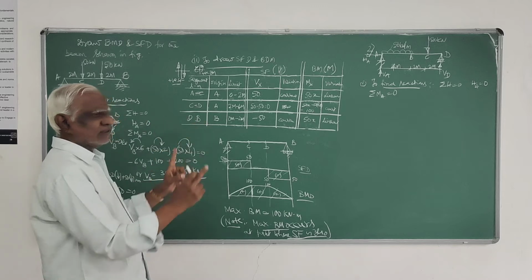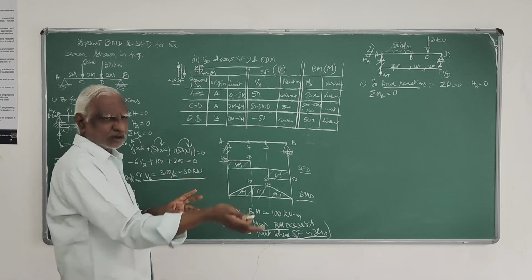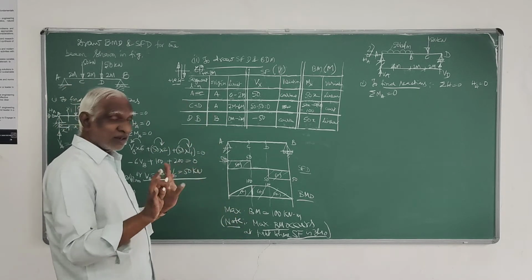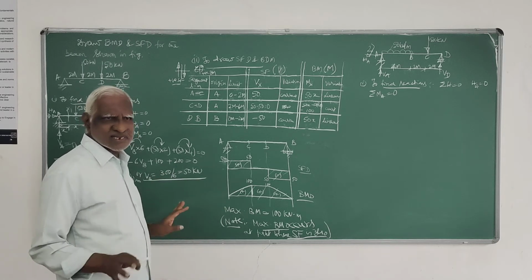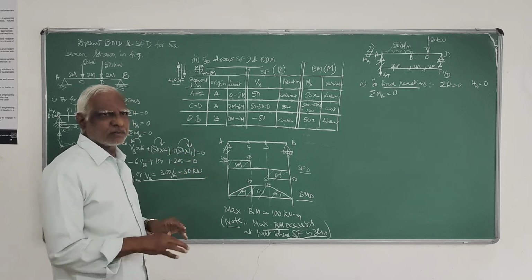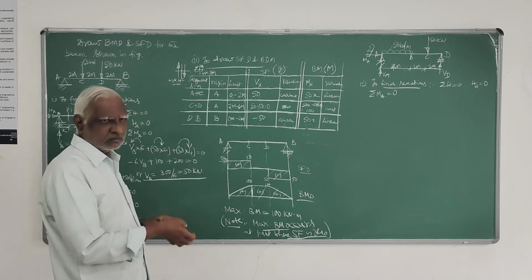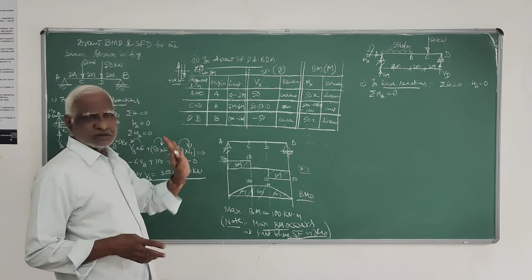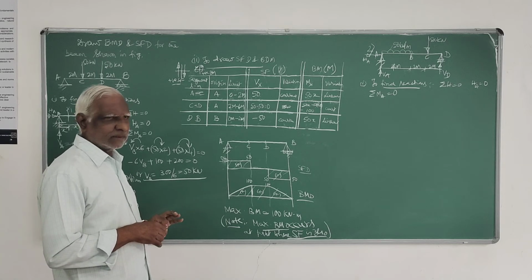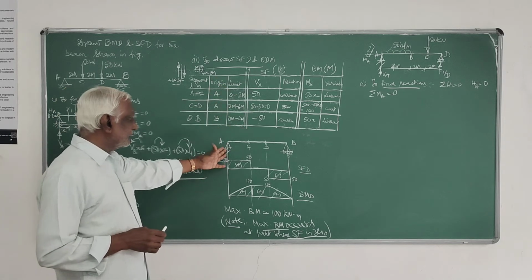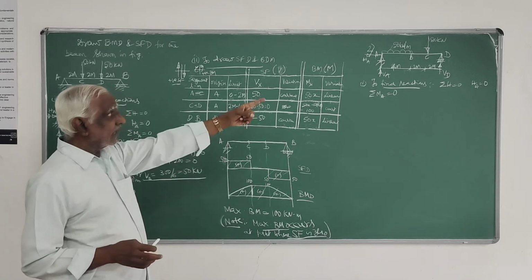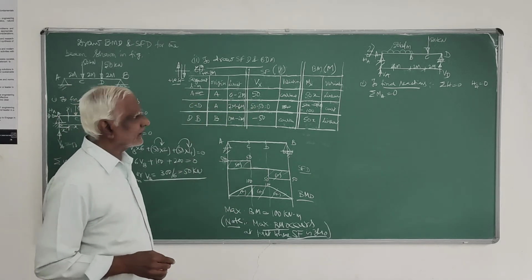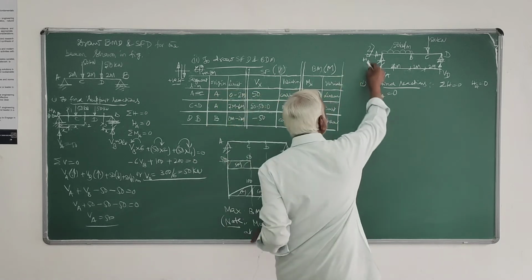Whether you show the beam with two props or one hinge and one roller, it is the same, but don't show both rollers, because on both sides it will become unstable. It starts moving at either end even with a small vertical load, so you don't show that. Whether you show hinge or just prop, it is all the same as long as the load is only vertical. So here HA is always 0.